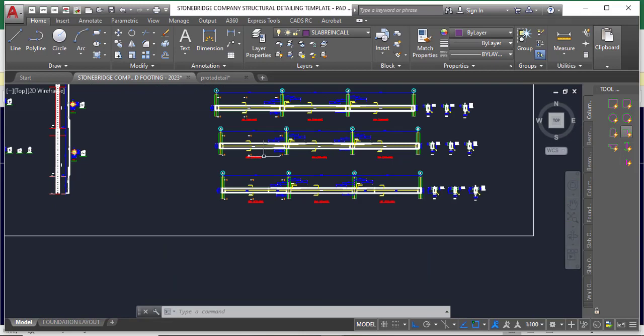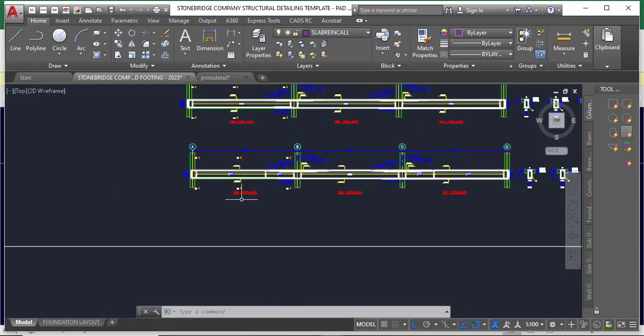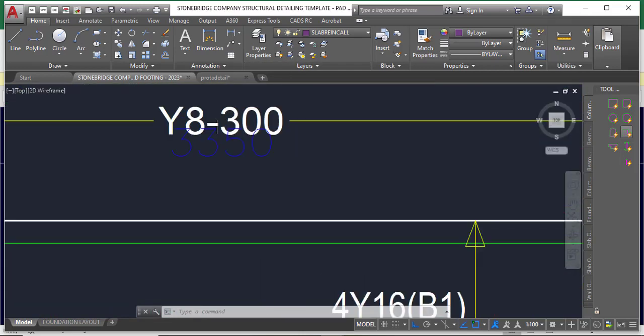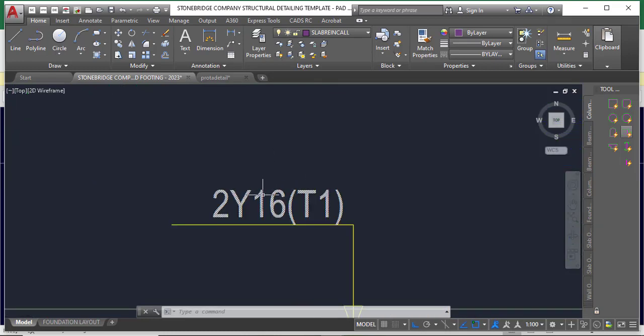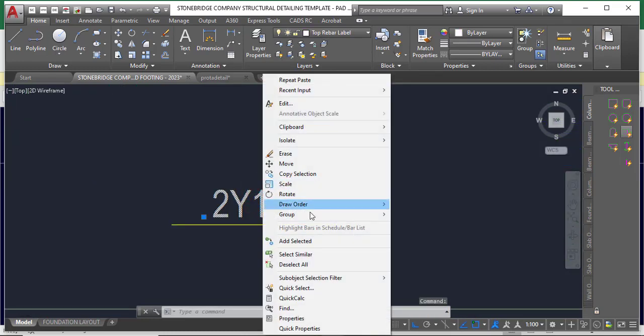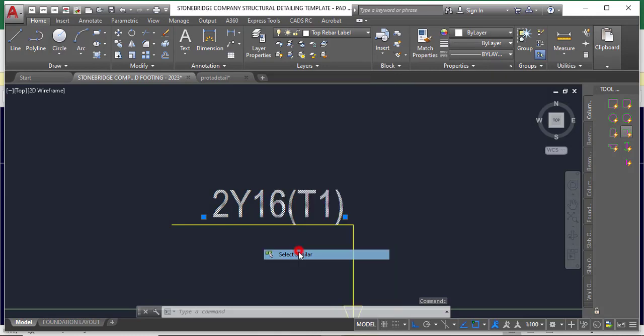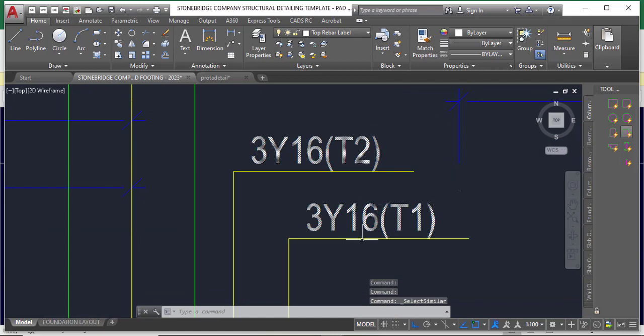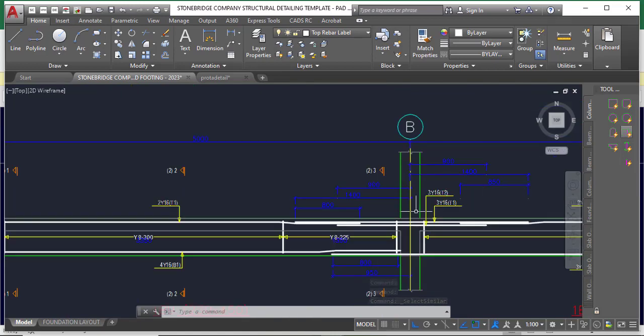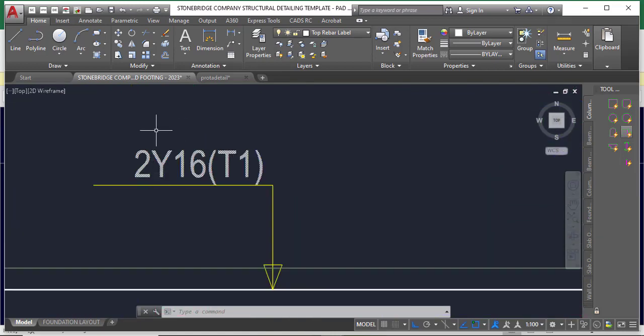The same thing goes for the beam. It has been modified, all right? However, the text height is not modified, so that is not a big deal. All you just need to do is, for example, select this and then click on select similar. Then you see that all the top bars, the top labels, will be selected. Then you can easily go to the properties and